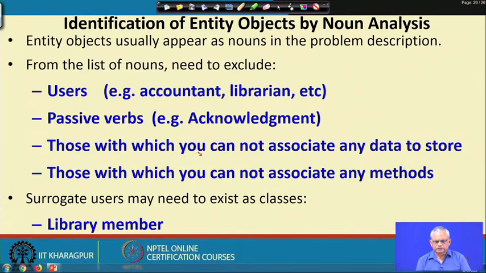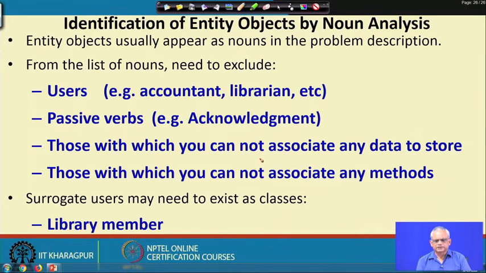And also, from the list of nouns that we identify, we check if we can associate some data for it to store, and we can associate some methods with it. If we cannot associate any data or methods with it, then these cannot be classes, because every class after all must have some data and methods. This is the general guideline about once we identify the nouns, we need to exclude some of the nouns